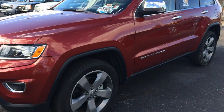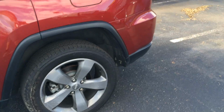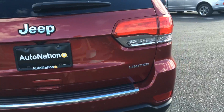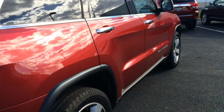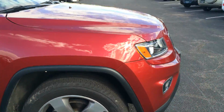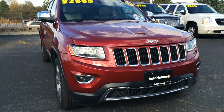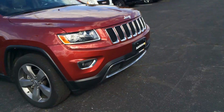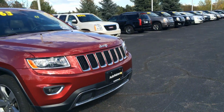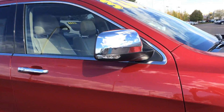The Jeep Grand Cherokee was redesigned for the 2011 model year. It featured the same chassis as the Mercedes-Benz ML, and at the time it featured three engine choices: a 3.6 liter V6, a 5.7 liter V8, or a 6.4 liter Hemi V8 for the SRT8 version. Then in 2014, they extensively facelifted the Grand Cherokee. This one is actually a 2013 model, very similar to this one, but the 2014 featured all new front and rear styling, new wheels, an updated interior,